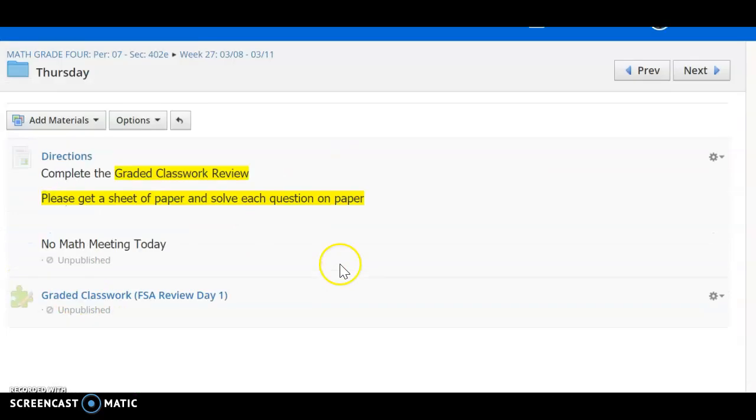On Thursday, we will not plan to meet. You have a graded classwork review. This is kind of like our first day of FSA review. So there are 10 multiple choice questions here. Please make sure you have a sheet of paper so that you can work each problem out and solve it on paper before you respond and